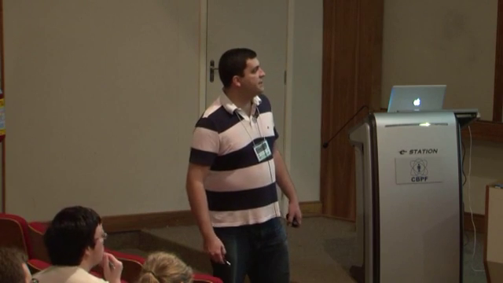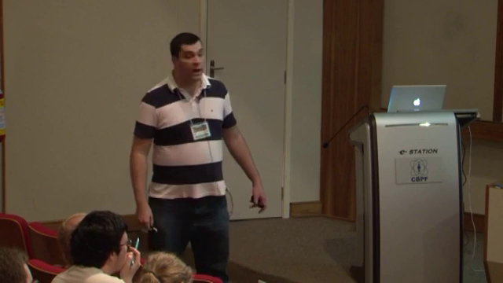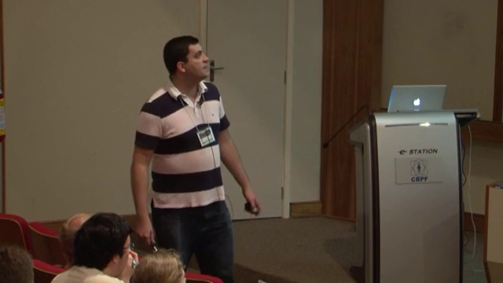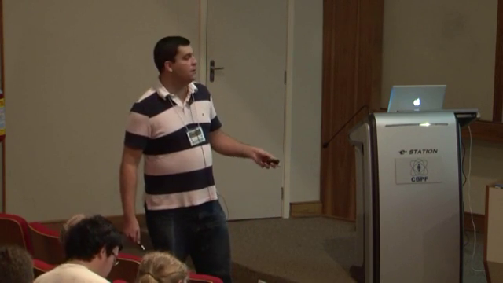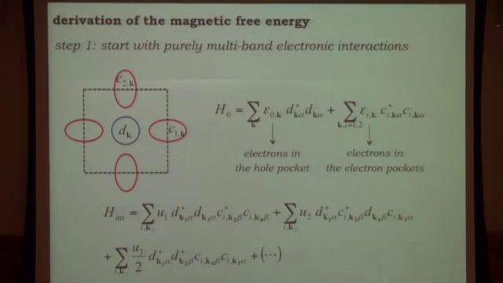Well, there is this approach called Hertz-Millis, where you start with your microscopic Hamiltonian, integrate out your electrons, and derive your free energy in terms of M1 and M2. Okay? This is explained in all the following slides, which I will skip. It's on the Dropbox, you can follow it. I'll just tell you what it is.